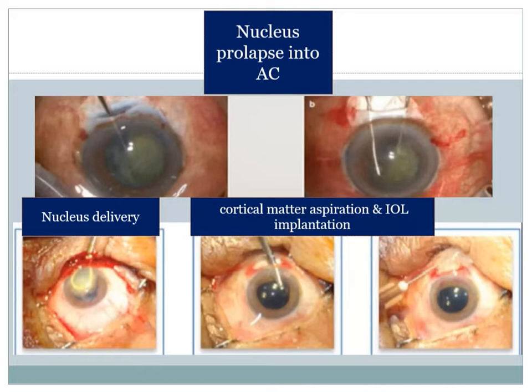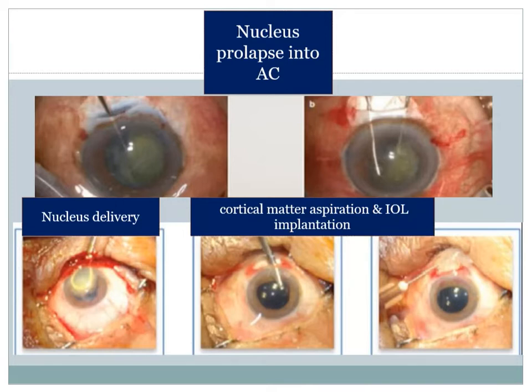So in small incision cataract surgery, what we are doing is prolapsing the entire nucleus into the anterior chamber and removing the nucleus. This is called nucleus delivery. The entire nucleus is delivered through the incision. So once you do that, the cortical matter is aspirated. Cortical matter is like soft and cottony. So it is easily aspirated by your cannula.